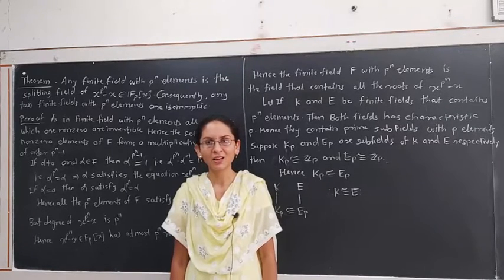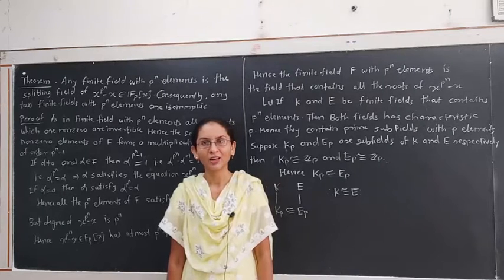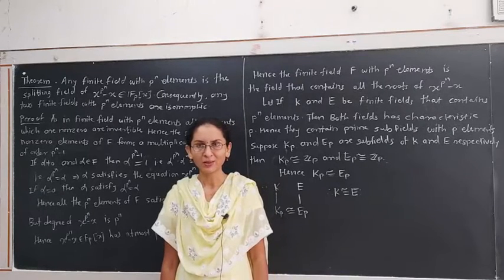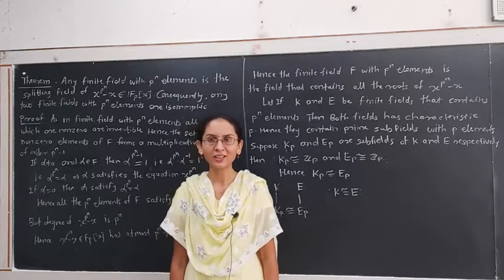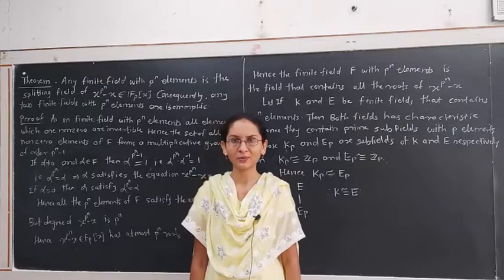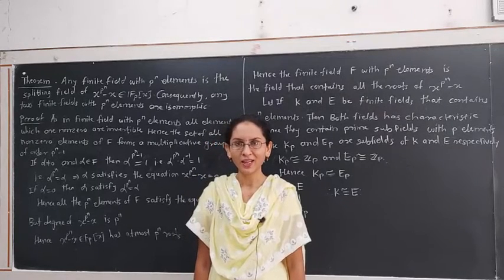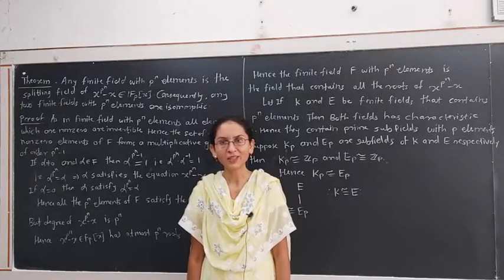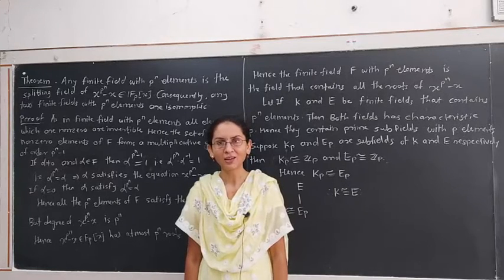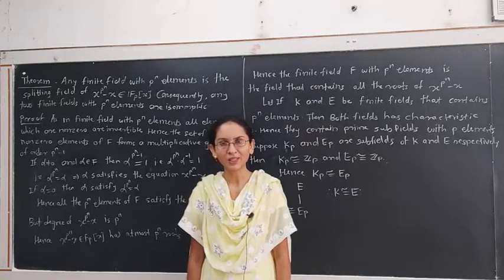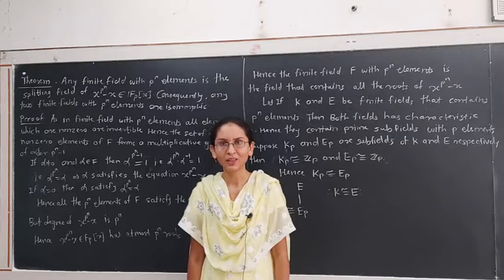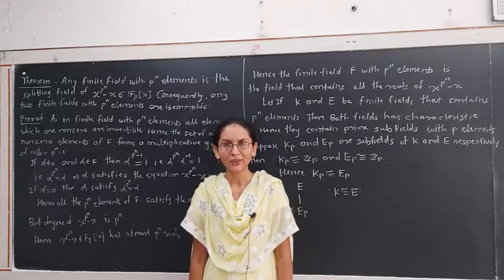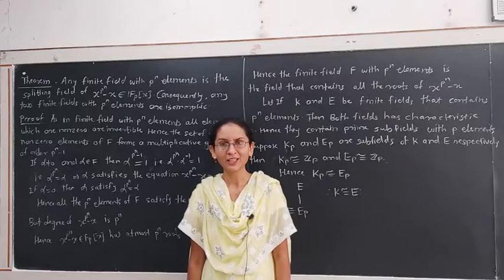In previous lectures we have studied splitting field. The splitting field of a polynomial f(x) over the given field F is the extension of field F that contains all the roots of the polynomial f(x). In other words, we say that the smallest extension of a given field F in which the polynomial f(x) splits into linear factors is called the splitting field of the given polynomial. Today we will discuss the splitting field of a polynomial that is a finite field.